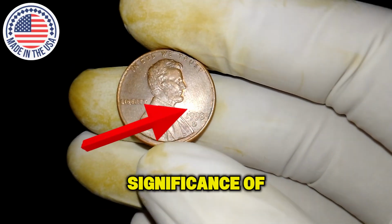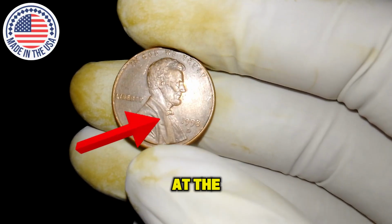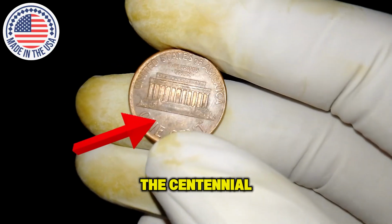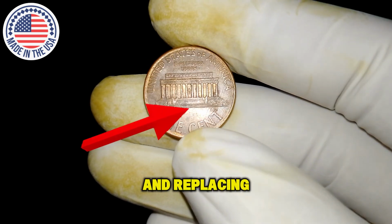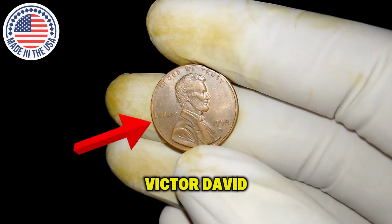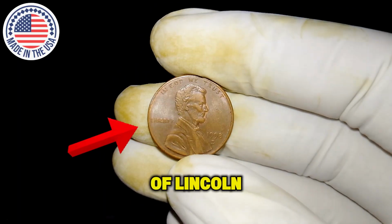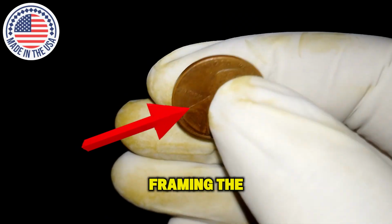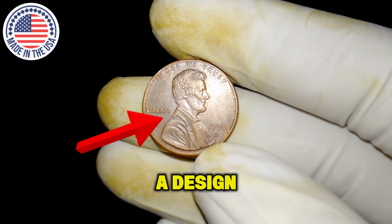And to understand the significance of such an error we must look back at the history of the Lincoln cent. First issued in 1909 to honor the centennial of Abraham Lincoln's birth and replacing the Indian head cent that had circulated for half a century, a coin designed by Victor David Brenner with a dignified bust of Lincoln on the obverse and, at the time, two wheat ears framing the words "one cent" on the reverse, a design that remained